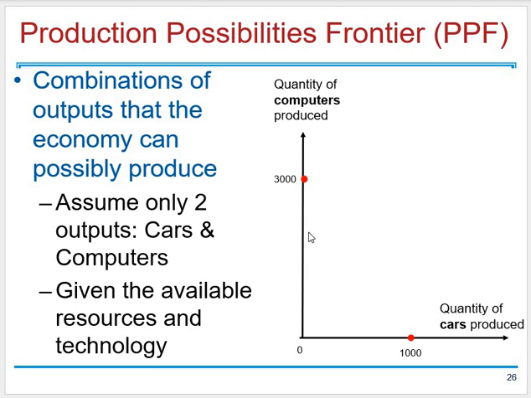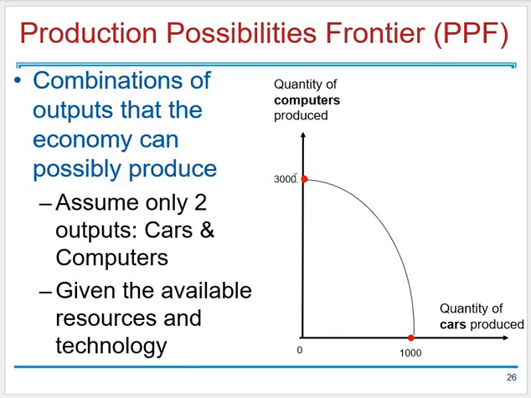Okay? So usually a firm will not put all the resources in one product, right? So they usually would not end up at those intercept points. They would end up with a combination of computers and cars, right? So that would be some point,